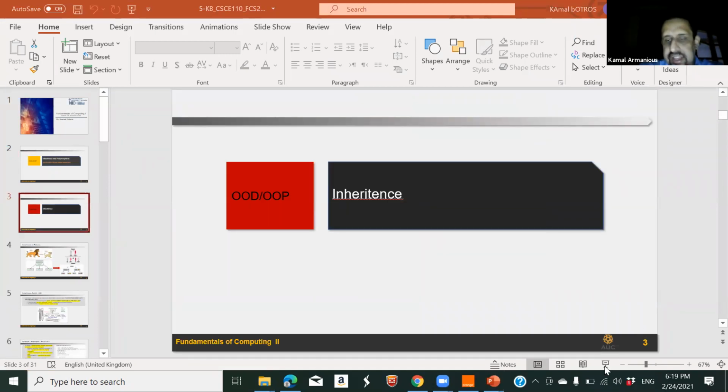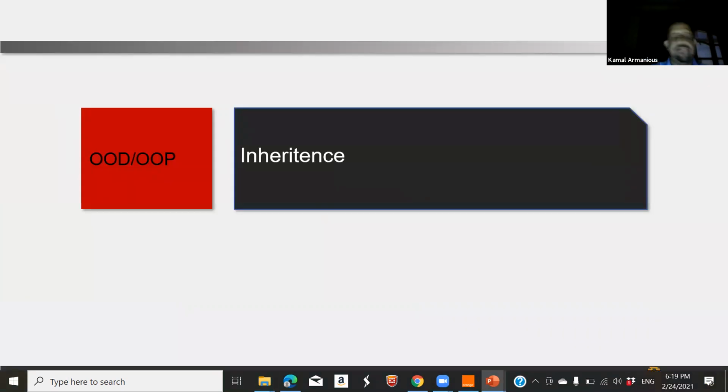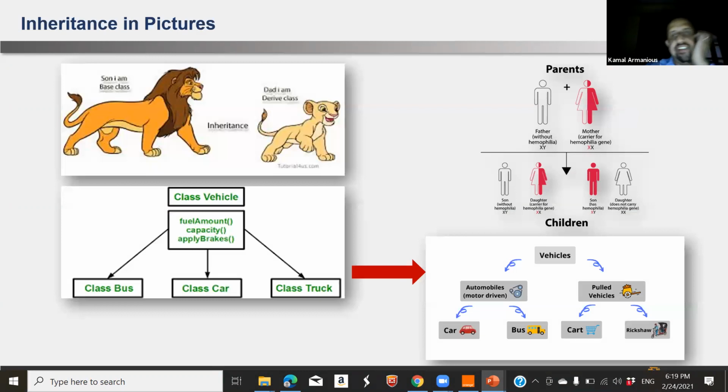So we are in presentation number 5, and it's called inheritance. And inheritance is one of the very important features of object-oriented. Someone tell me what are the other features that we have taken?